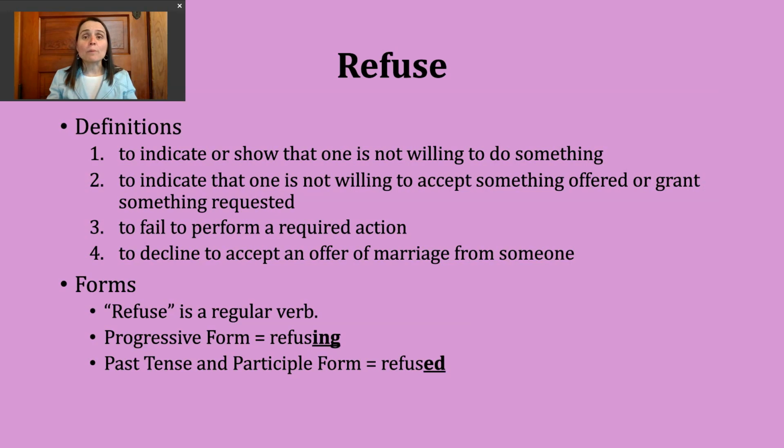Now my base verb, refuse, ends in a voiced sound. That's a Z sound, which I know can be confusing. We have the letter S here, but we're making a Z sound. And so when I go to make the past tense and participle forms of this verb, and when I go to pronounce them in particular, I'm just going to make a D sound. So I'm not adding an extra syllable as I say this, so it should sound like refused, refused.